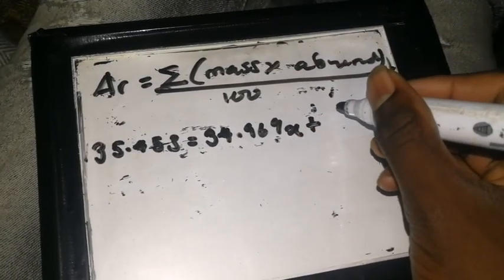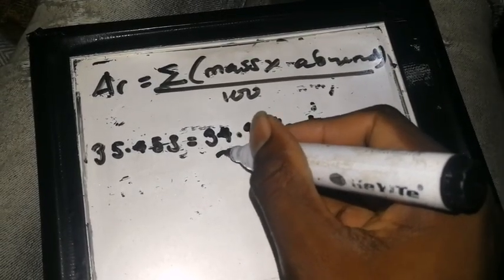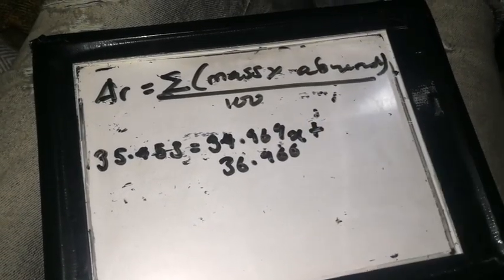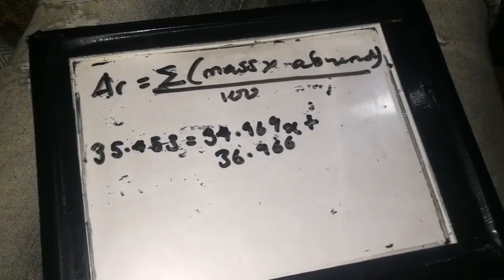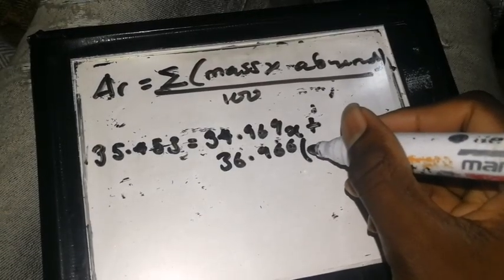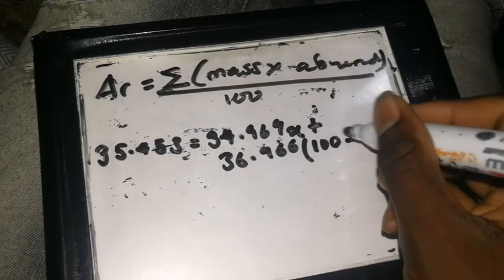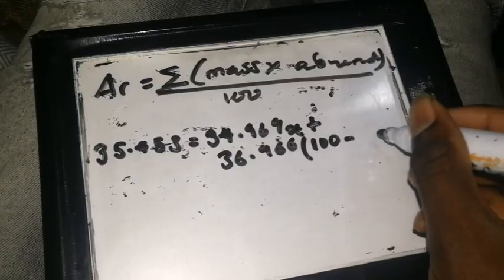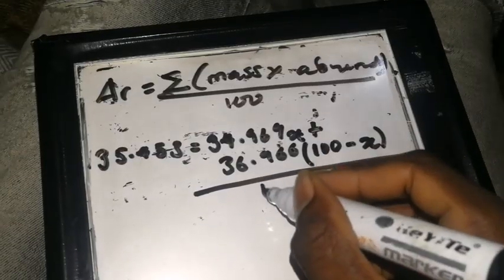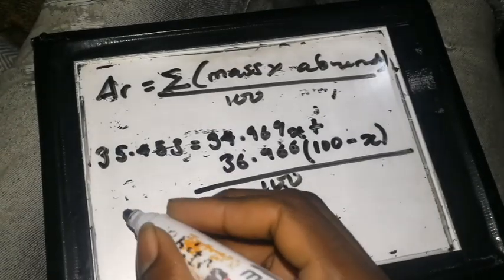So that's going to be added to 36.966, which is the mass of chlorine 37, and then this is going to be multiplied by the abundance of chlorine 37. But the abundance of chlorine 37 is 100 minus the abundance of chlorine 35. You see it, right? Then this is going to be all over 100. So this is going to be 100 multiplied by that. We're multiplying by the corresponding, and we have